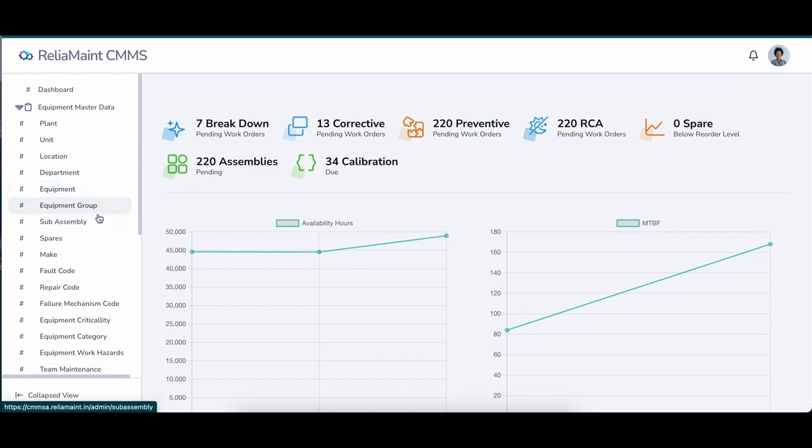Then we have equipment group. Equipment group means we are grouping certain equipment to facilitate certain common tasks. So this way we make a group of certain equipment and then we assign the common task. In that case, you need not make that common task list for multiple equipment. Generally, it is a kind of route maintenance where, within a special or closed equipment, certain basic jobs such as inspection, lubrication, or cleaning can be carried out.